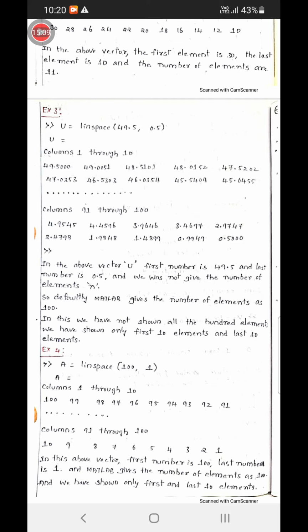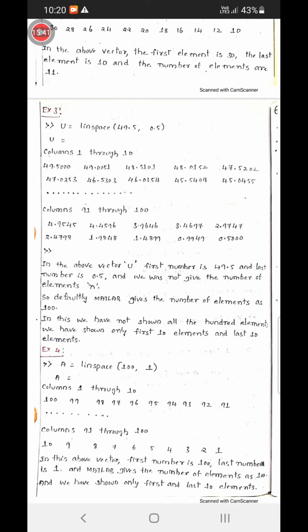Next, 20 to 30: 80, 79 and so on up to 71, like that. MATLAB divides like that. And see the last 10 elements, columns 91 through 100: 10, 9, 8, 7, 6, 5, 4, 3, 2, 1. These are the last 10 elements.